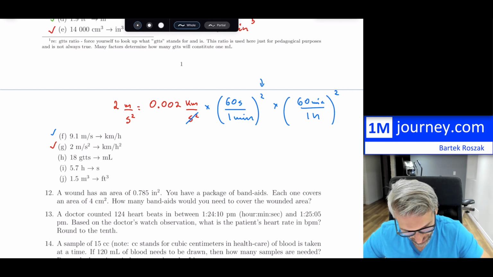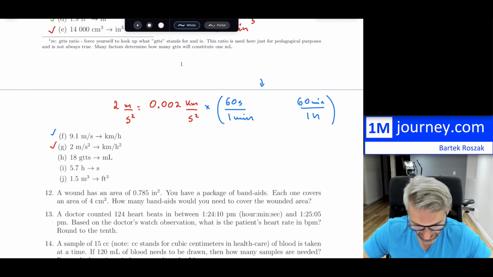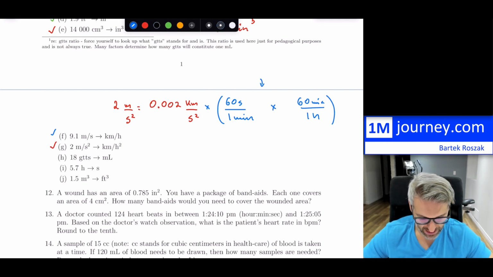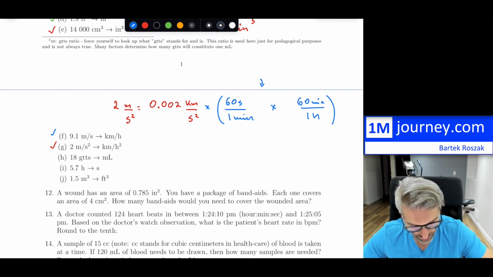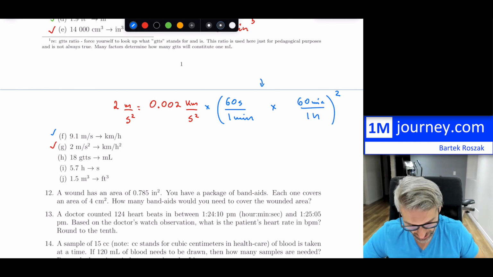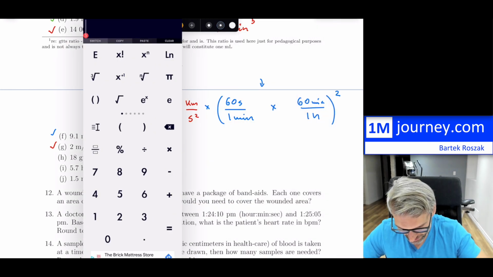Now, I also want to point out to you that you can, so forget the square at the moment. Now imagine, if you wanted to get rid of seconds, you would just say 60 seconds over 1 minute, and then times 60 minutes over 1 hour. And that would just get rid of those seconds to change it to hours. And now you could square this, and this would give you exactly the same thing. Let's try to see what this actually gives us overall. So this would be